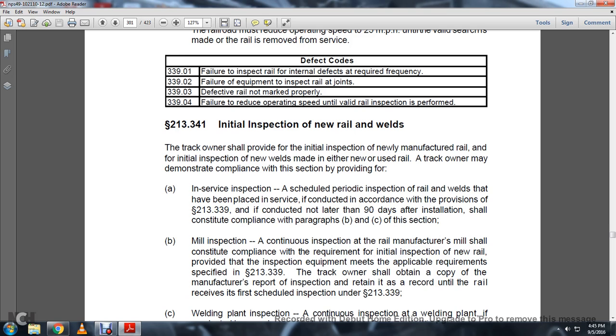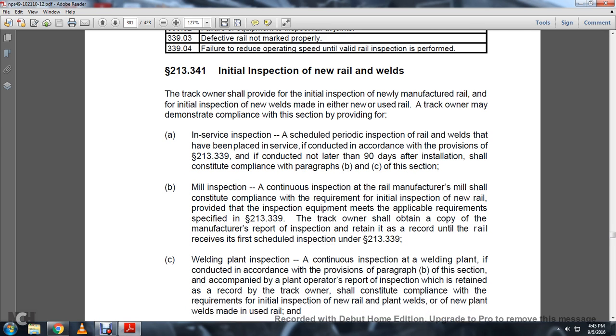A. In-service inspection. The inspection should be scheduled prior to the rail and welds being placed in service, in accordance with the provisions of Statute 213.339, if conducted not later than 90 days after installation, can constitute compliance with paragraphs B and C of this section. B. Mill inspection. A continuous inspection at the rail manufacturer's mill shall constitute compliance with the requirements of initial inspection of new rail, provided the inspection equipment meets the applicable requirements specified in Statute 213.339. The track owner should obtain a copy of the manufacturer's report of the inspection, retaining it as a record until the